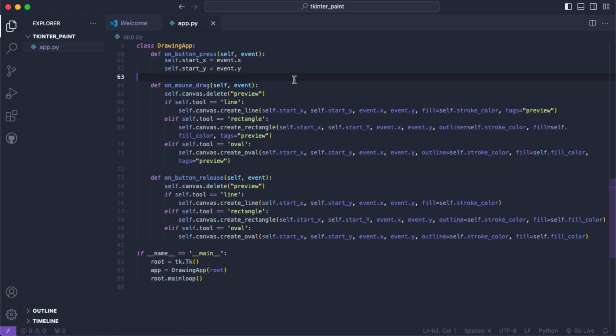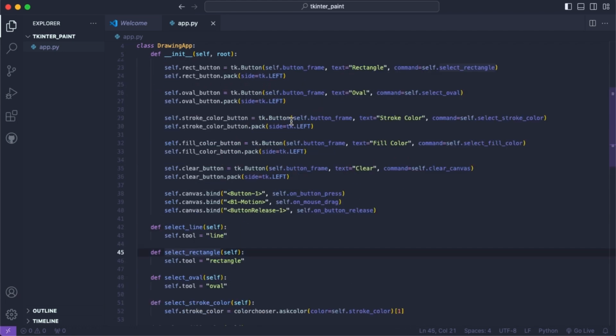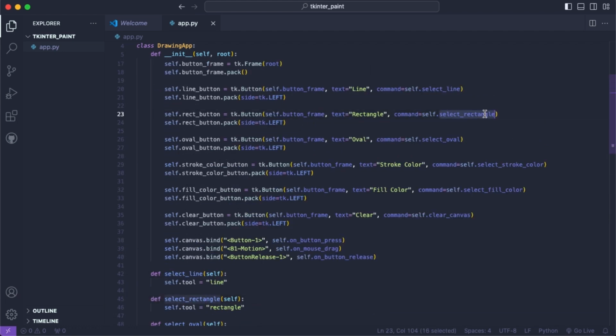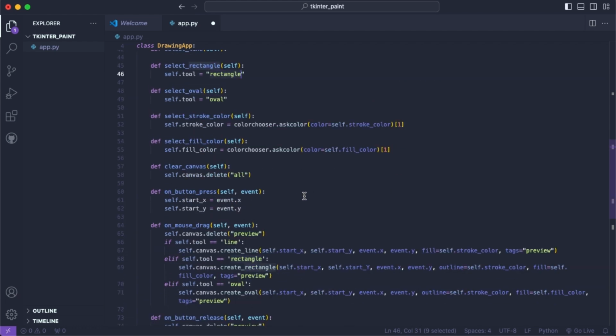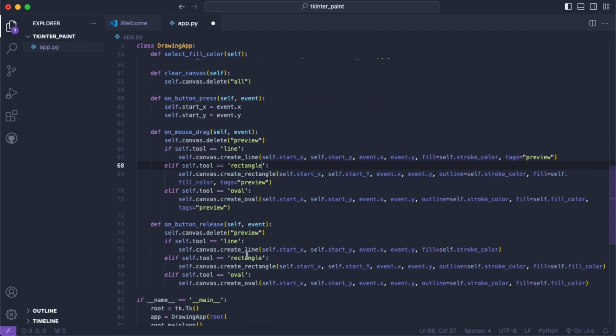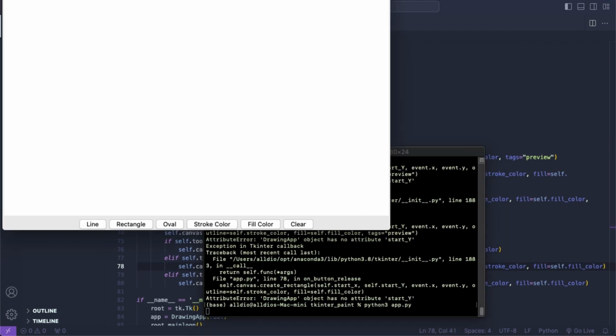So why isn't rectangle working? So rectangle, rectangle, have I spelt rectangle wrong? Rectangle. Rectangle's starting to look a little bit strange to me, to be honest. Select_rectangle, select rectangle. Just going to copy these and just make sure that they are all working. Create rectangle, just make sure that they're all spelt the same. And hopefully,